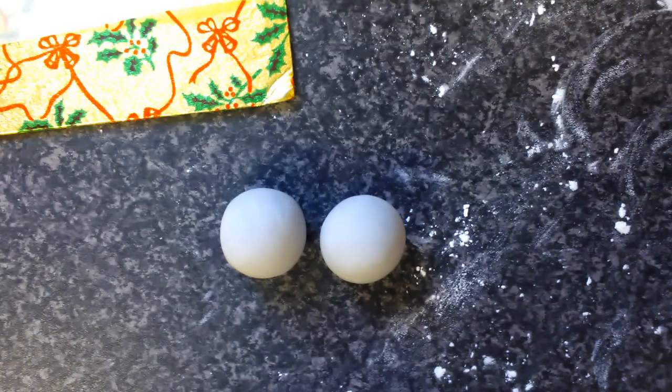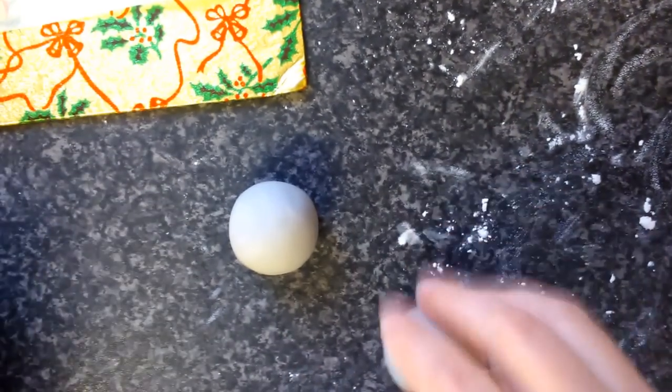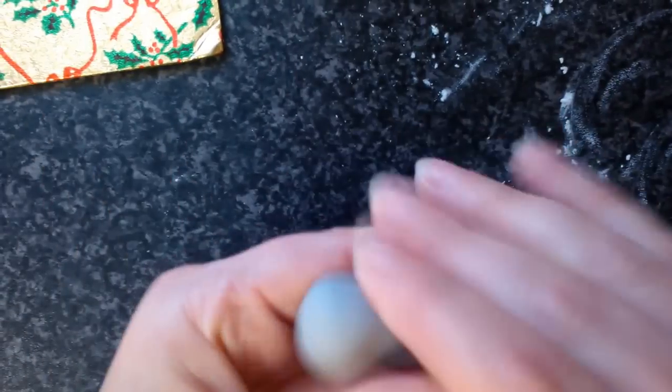Put that out of the way a minute. Keep my icing wrapped up so that it doesn't dry out, because I don't want to have to throw it away. So for this one, we've got the ball, and then we're going to make a nice sausage, but we're going to have it fatter at one end than the other. Now I could be wrong on this one and have to redo this leg, but I'm just going to have a rough go. So we've got our sausage,